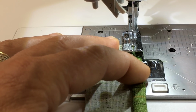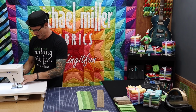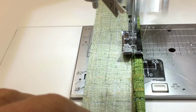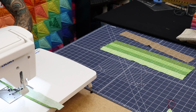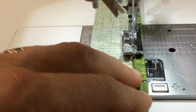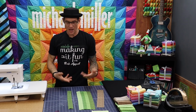Bring it over to the 1/4-inch foot, drop it down. We're just gonna do a little bit of top stitching here, but it would be a great time for me to mention you might wanna have some thread in your bobbin that looks good on the outside of your cool fabric here, because it is going to show up now. And away we go. Just watch that needle. You want it landing right on the edge there. And presto, and there really is no reason to hit that with the iron because it's all done and finished,